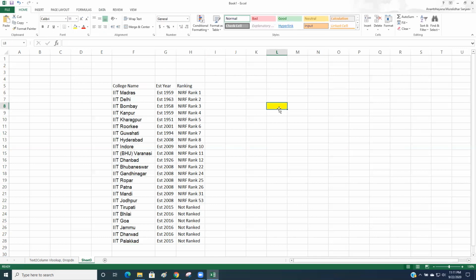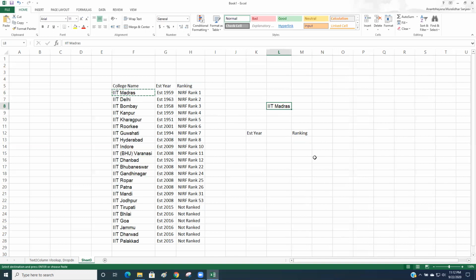Then with that, he needs to populate the established year and ranking. So I populate established here just below and ranking here. The user enters the value here. Let's do it by copying IIT Madras and pasting here. I just use Control C and Control V from the keypad.